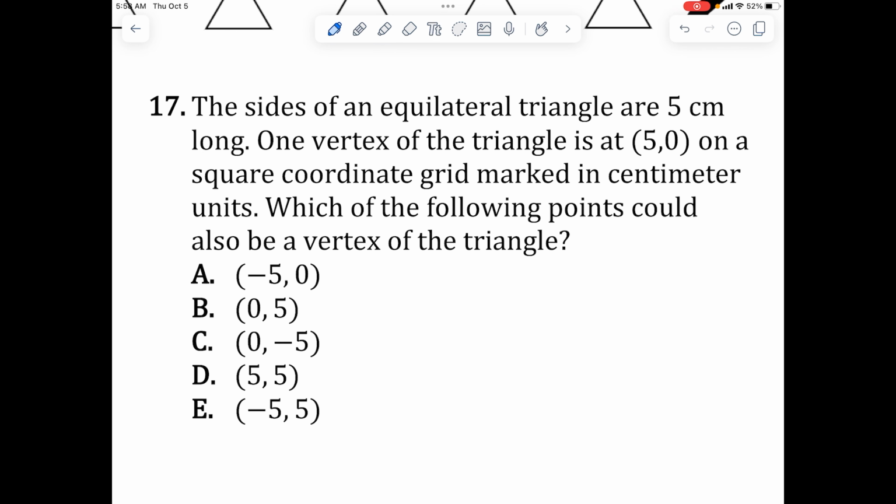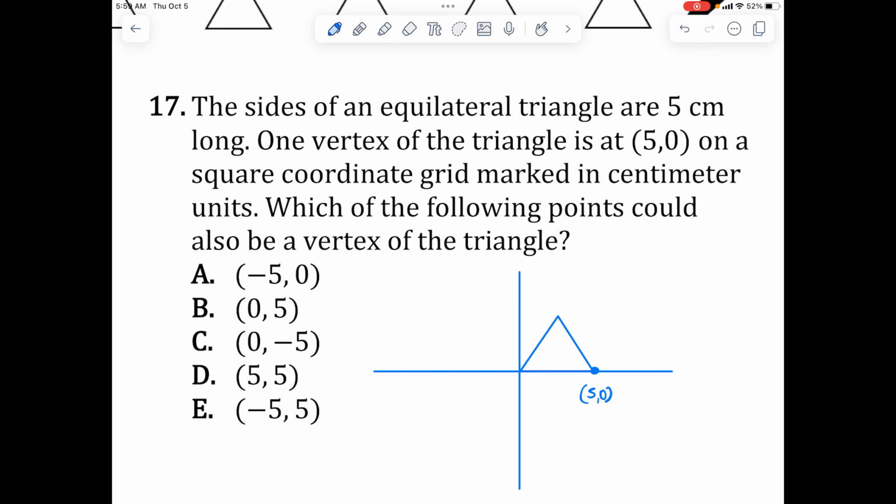Okay, so let's just draw that out. So we have an equilateral triangle. One vertex is at (5, 0). Let's just say this is 5. Okay. So think of all the ways that you could draw an equilateral triangle that has a vertex here. Just the most logical ways are, you could have a triangle that looks like, let me just draw one really quick. Okay, you can have one here where the vertex is